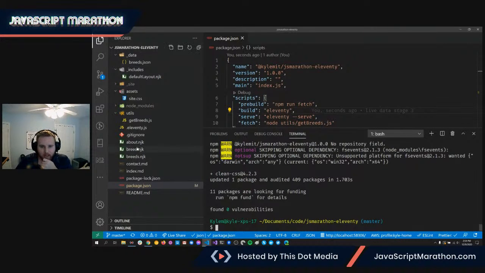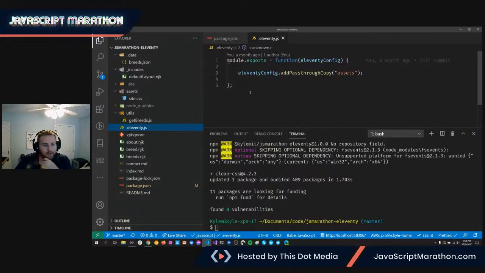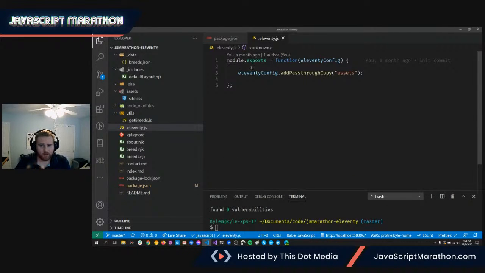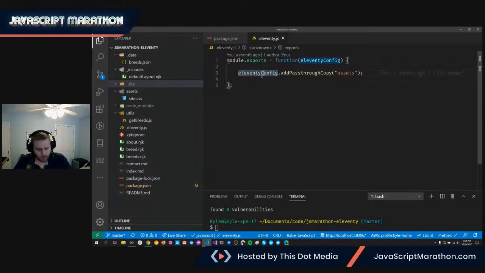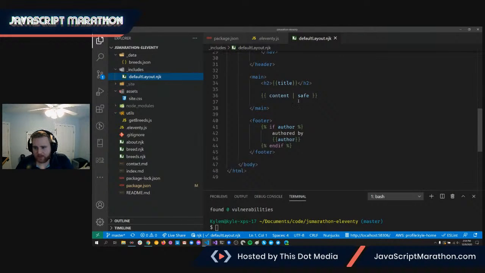Awesome, that's available. And one of the things we did last time was also create our Eleventy config file. In the Eleventy docs, there's a big section on all the stuff that you can do in a config file. The thing we did last time was add pass-through copy of everything in our assets directory to export that into our site and get assets in here. Other things you can do is, in the same way that we looked at default layout and a filter like safe, or the filter dump, both of which came with Nunjucks, we can create our own custom filters to say, hey, I'm going to pass you whatever data is available here,